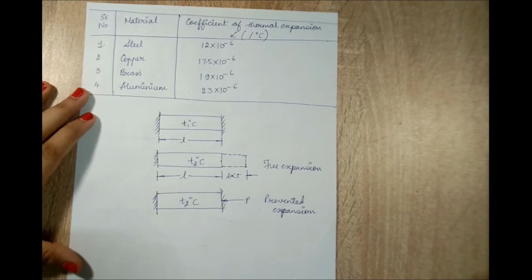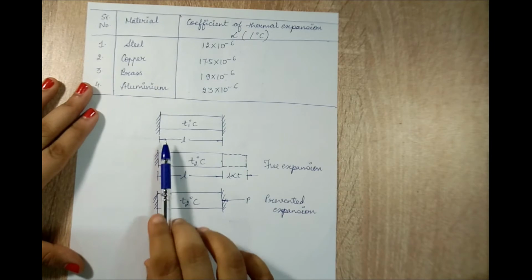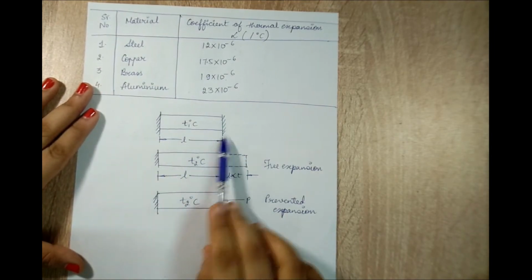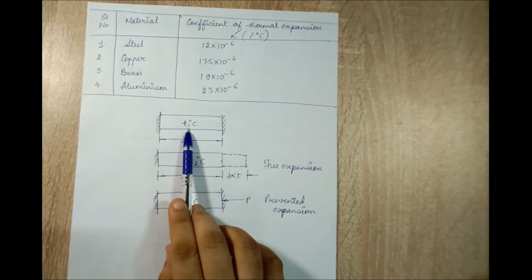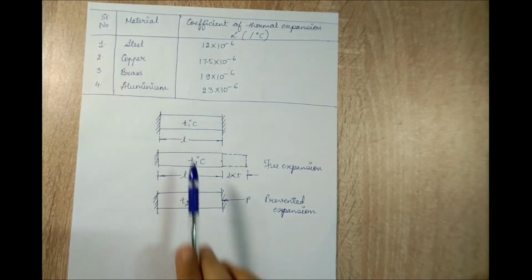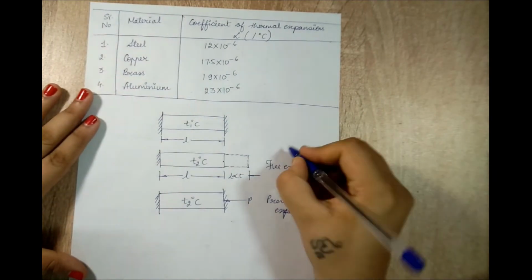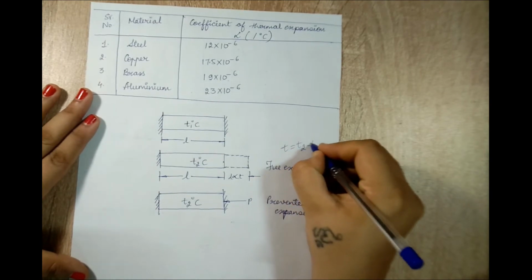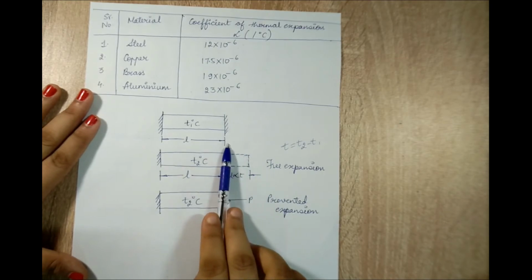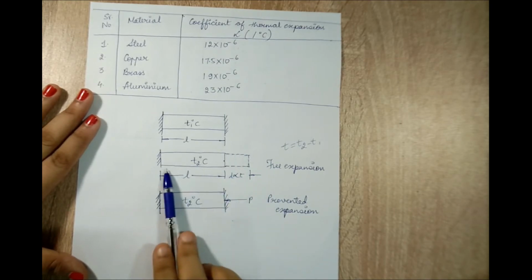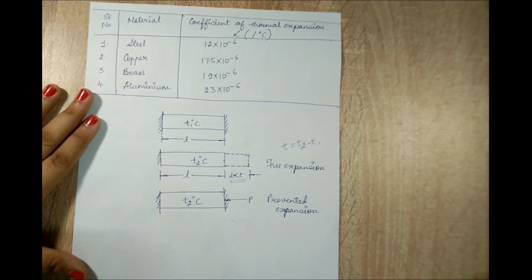Next we will talk about free and prevented expansion. As you can see in the diagram, the simple bar is constrained at both ends, which means both ends are kept fixed. This is at some room temperature T1 degree Celsius. Say I heat this bar of length L to T2 degree Celsius. Like the previous problem, the change in temperature is T2 minus T1. If there is free expansion, which means there is no constraint, as you saw previously, the bar is free to expand and you will see an expansion of L alpha T as we just discussed.